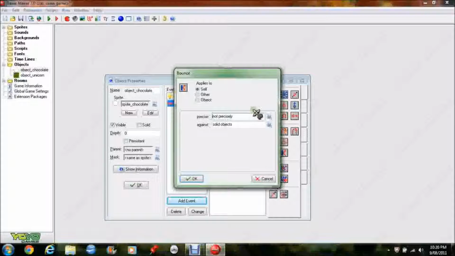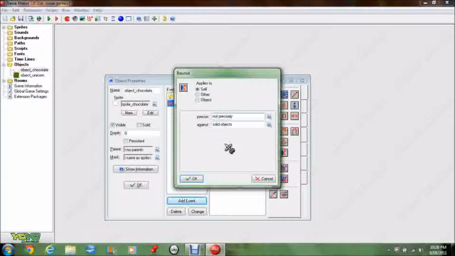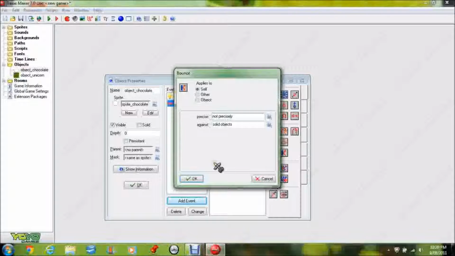Not precisely is generally better for this game. That way it kind of goes in a slightly more random direction. It's very much fixed, but yeah. So not every game will be exactly the same if you make it not precisely, which is kind of what you're looking for. And only against solid objects because the unicorn is solid and the other balls are not. That sounded wrong. Okay. So you press OK,